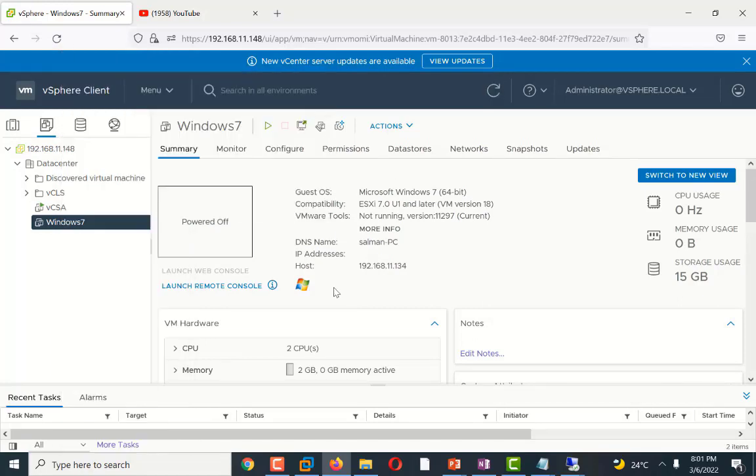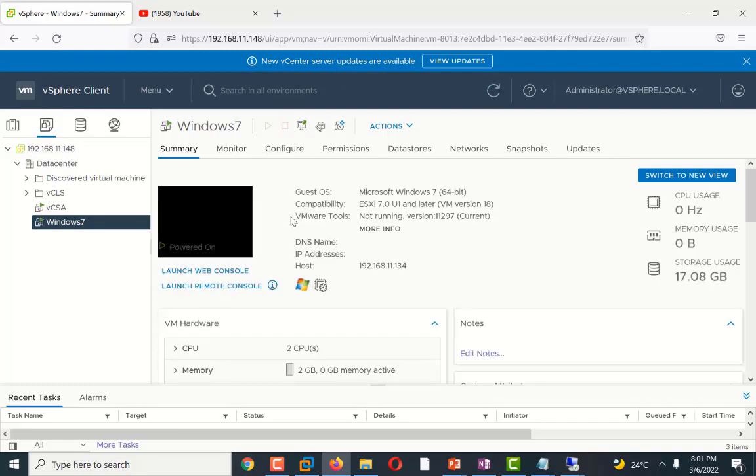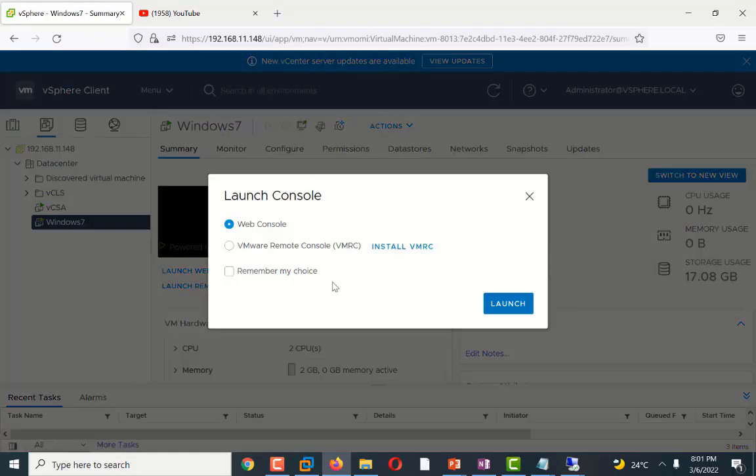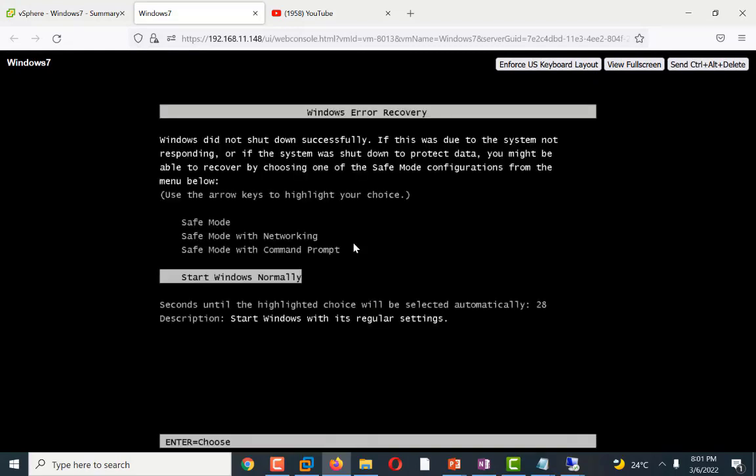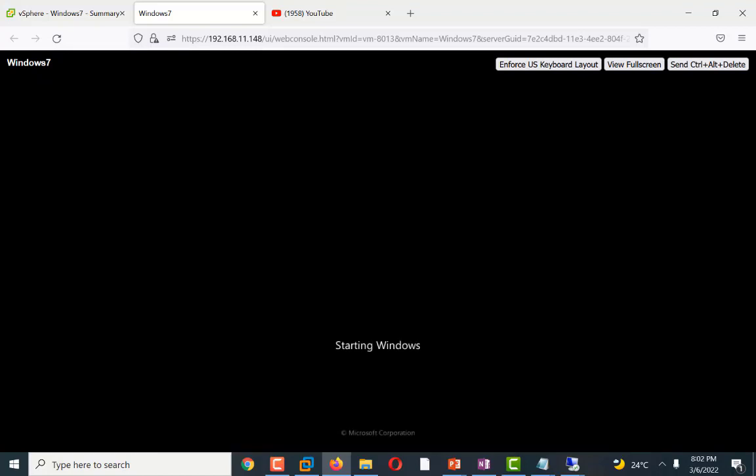Now it is running from my shared data store. As you can see, Windows is booting up, and this machine is running from my shared data store. In summary, you can see the data store has been changed. The storage is now the iSCSI target.